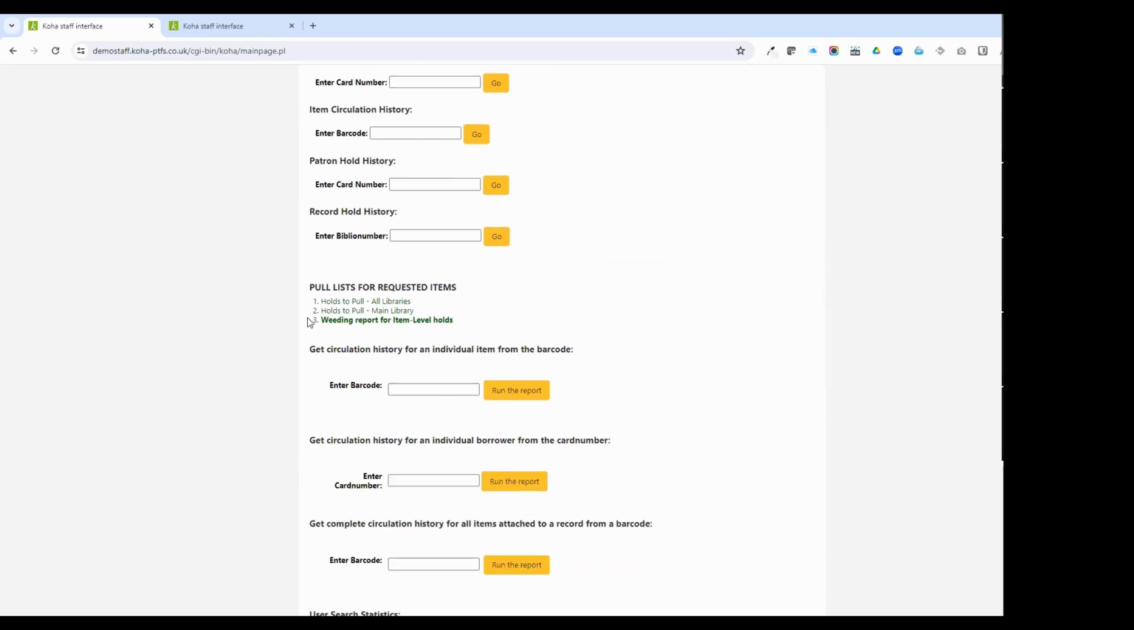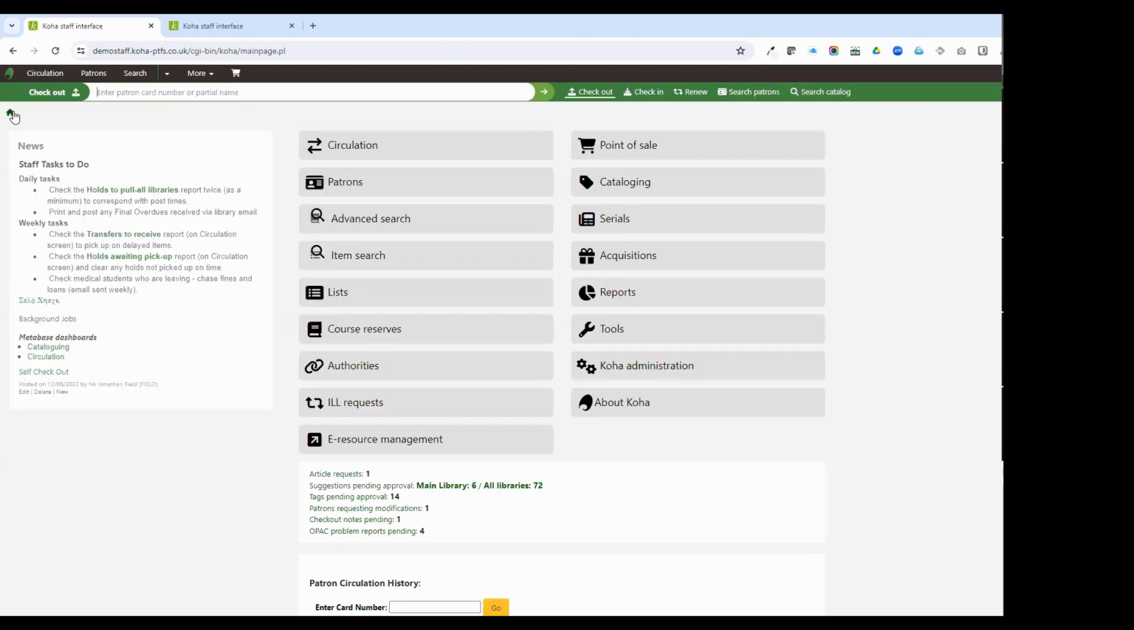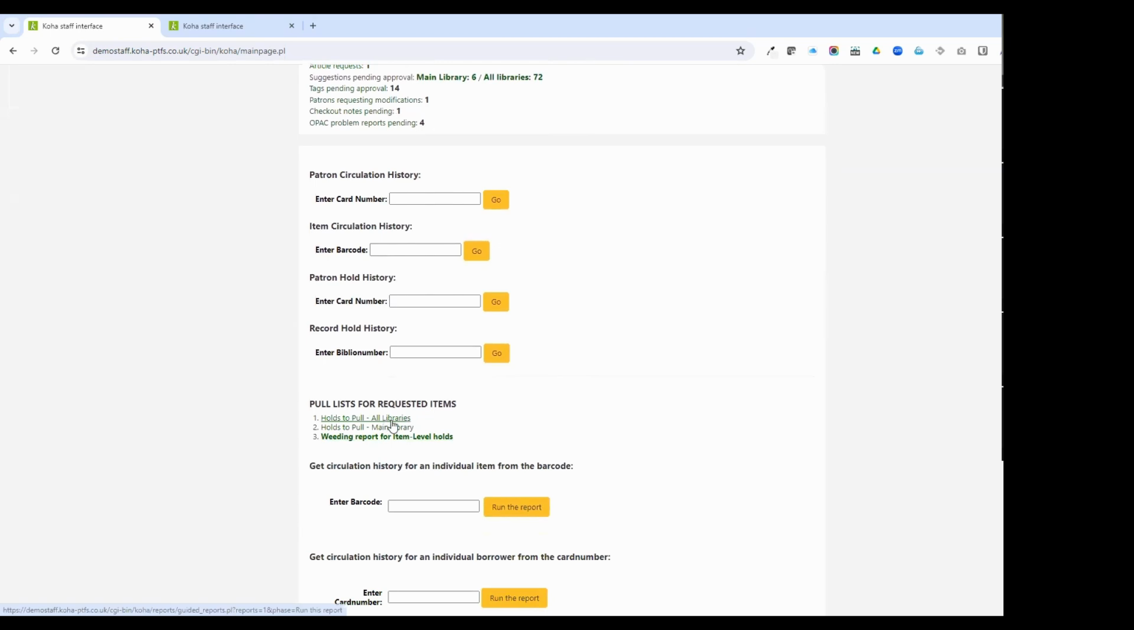So just for example, in this case, I can click on a link here for a report for item level holds, and it brings up the report information on the page. There's no selection criteria for the staff to use because the query is already there. They just click the link, they get their list, they work with it, how they have to do it. Okay, if I go back to the home page,